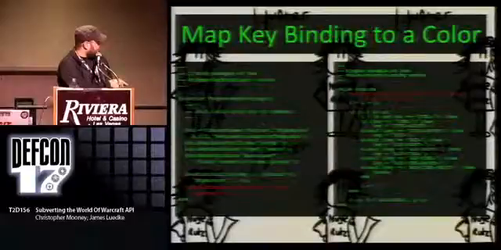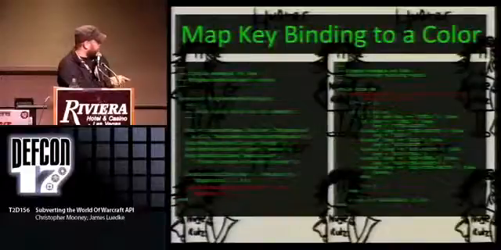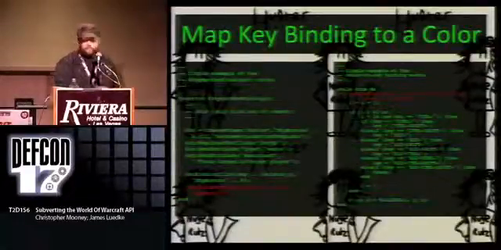Yeah, so this is the same key bindings function you're just looking at. So now we're going to map those key bindings to a color. You guys are probably starting to see what we're going to do here. So you've got this mapping, and then it's basically just a hash. It takes whatever key it is and maps it here, and then there's another function up here, which I actually can't remember what